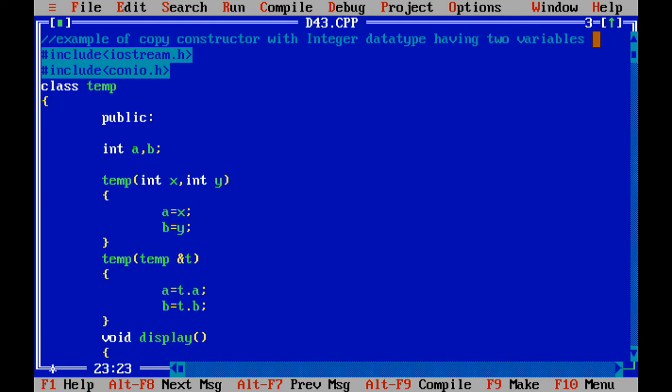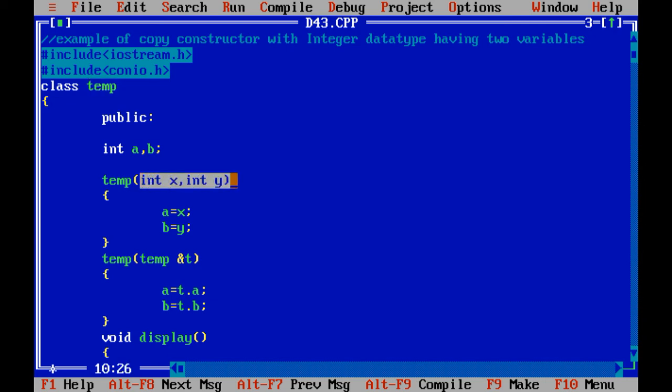In our previous program, we have considered integer data type with one variable only. So I make a file save as. In the third program, I have written integer data type having two variables. So I need to take two integer variables of local class temp.